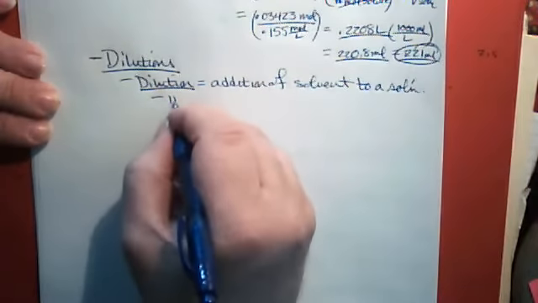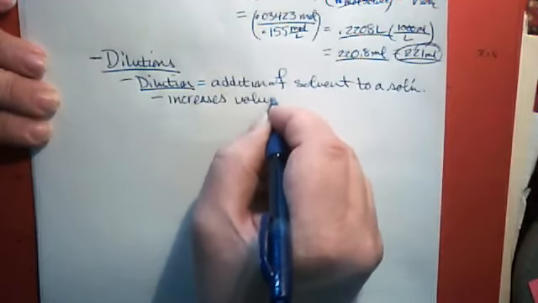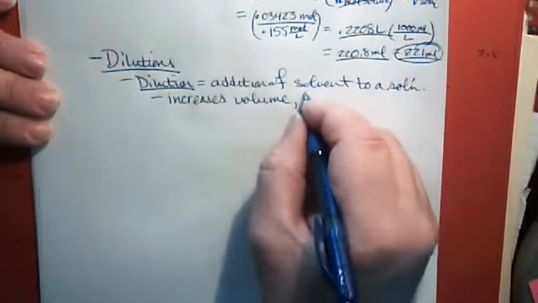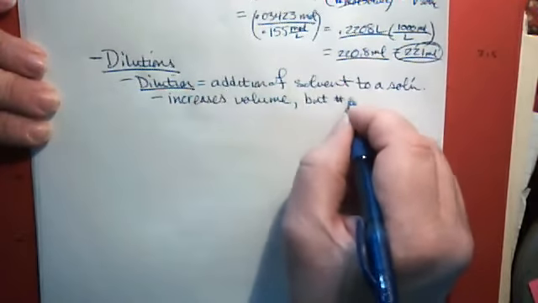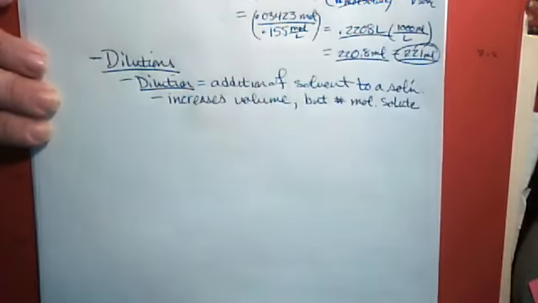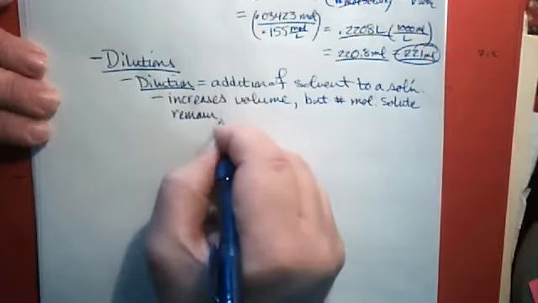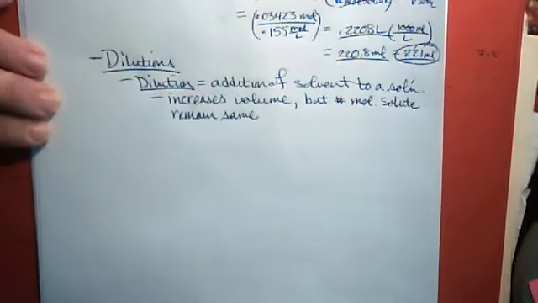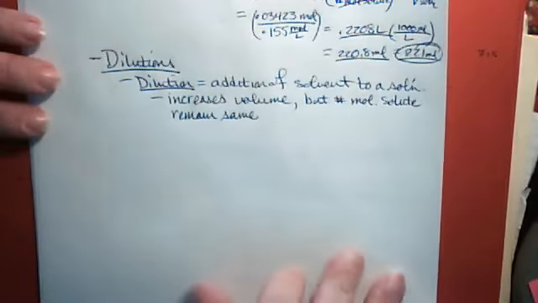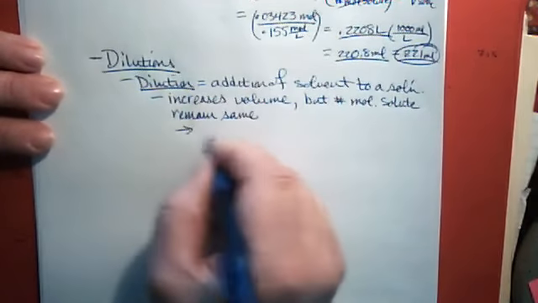The effect is to increase the volume, but the number of moles of solute remain the same because you're adding solvent, not solute. And the result of that is that